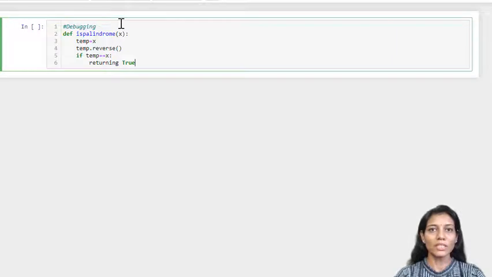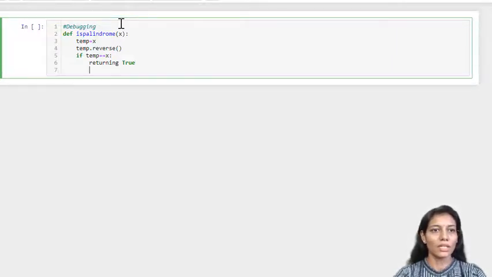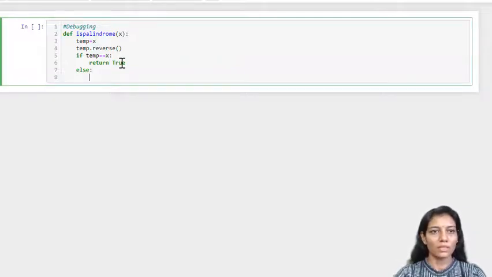This function will return a boolean, either true or false. Else, I should be writing return false.